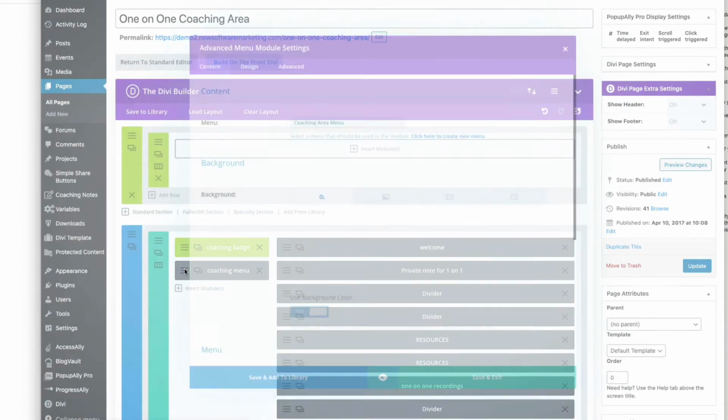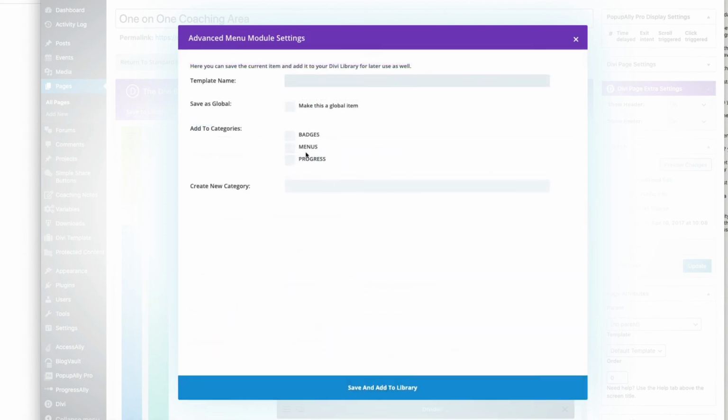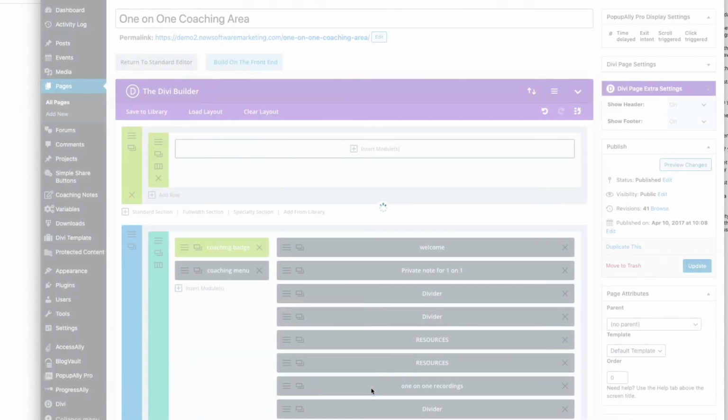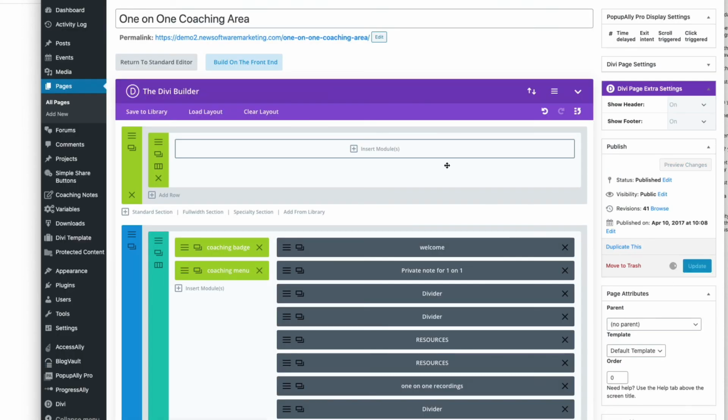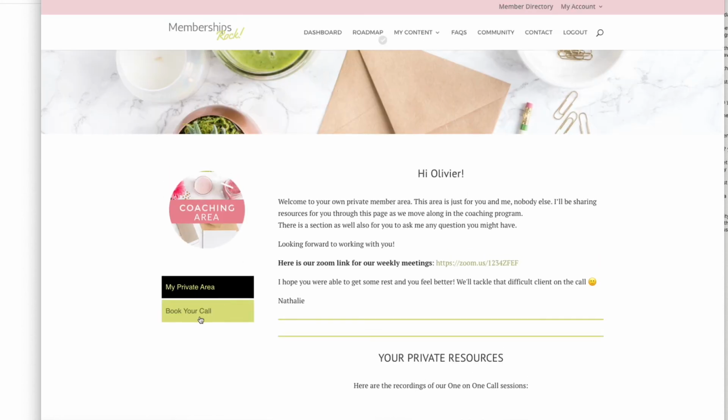So if you're going to have a menu on multiple pages, I would save it to the library as well, just so that if you need to modify it and you have 20 modules, you only modify it in one place, right? Coaching menu. Boom. Okay. And you update. It should actually look similar to what we had. Okay. But that's basically how you take something, well, it looks a bit different. How you take something